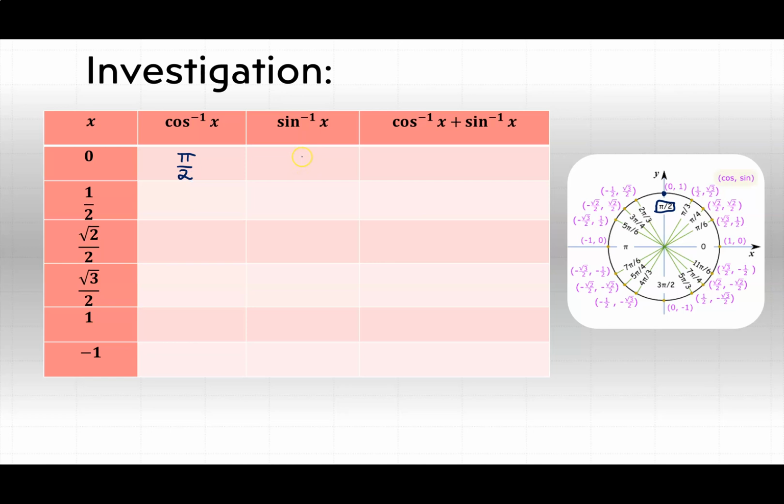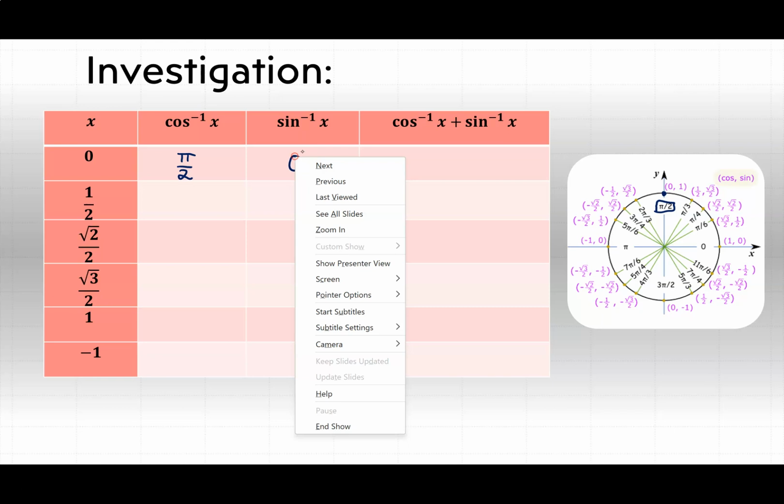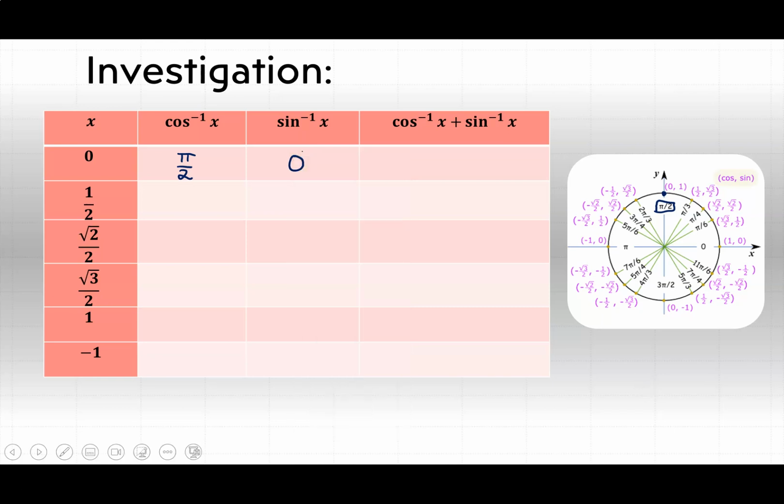And inverse sine of 0 would be 0, right? When is sine 0? Sine is 0 when the angle is 0. So you're here, right? So that's what the chart is saying. So then inverse cosine plus inverse sine is going to be pi over 2 plus 0, which is pi over 2. Okay, now,